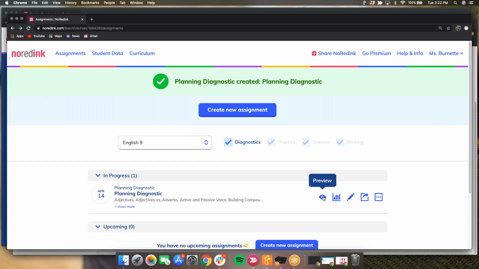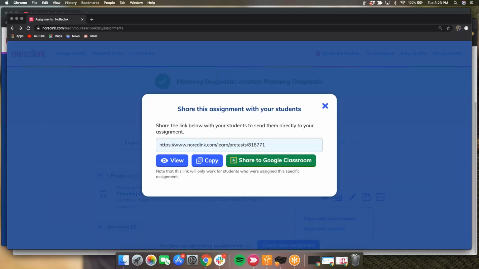So again, we click this preview icon to preview the assignment. And the other thing I want to share while we're on this page is this share box. This small box with an arrow says share if we hover. This allows you to share this assignment with your students directly. One reason I wanted to bring this up is, again, we're trying to get students right into these assignments as